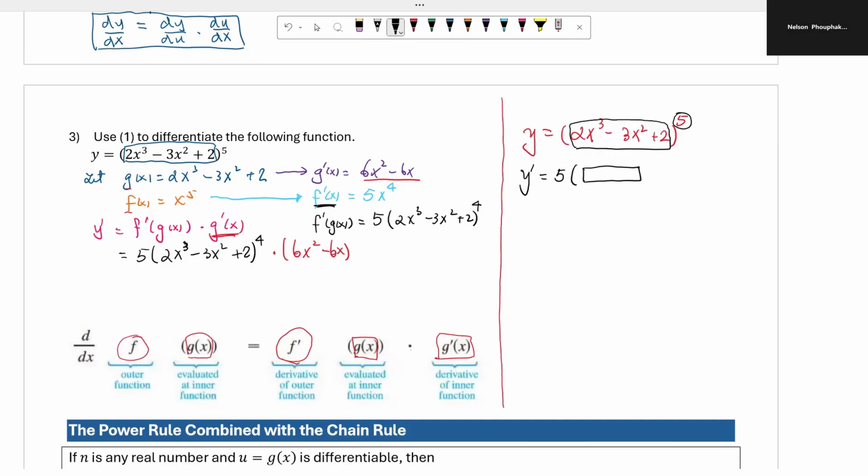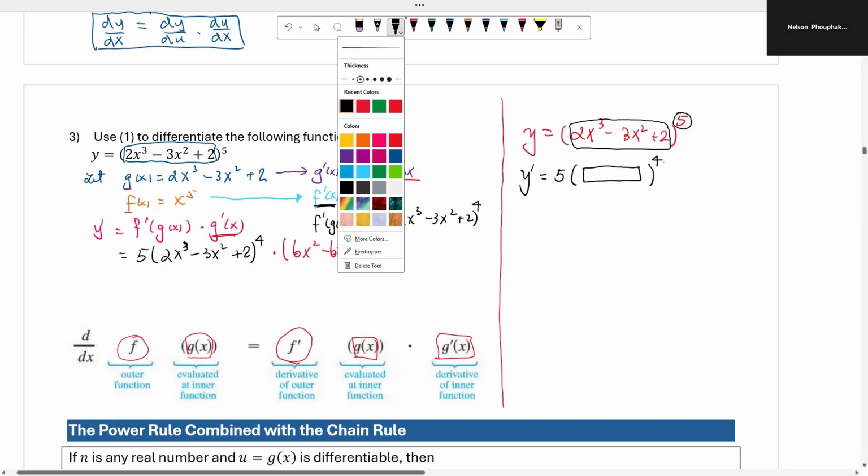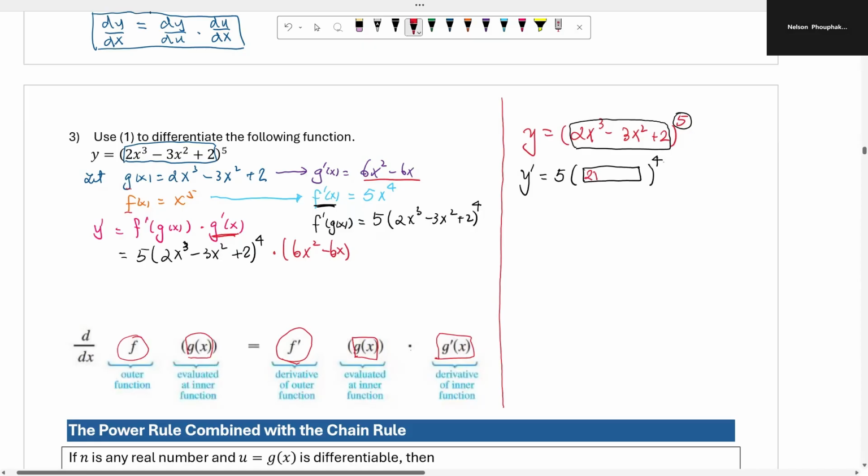And then have something, the inner function, and then this one to the 4. So again, the derivative of x to the 5 is 5x to the 4. We would like to evaluate at the inner function, which is 2x to the power 3 minus 3x squared plus 2. And then now, don't forget that we need to take the derivative of